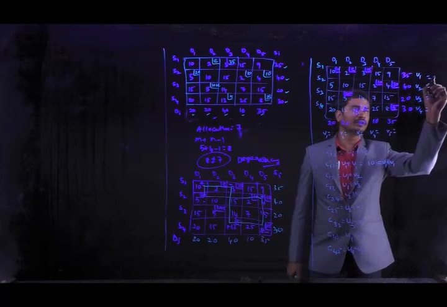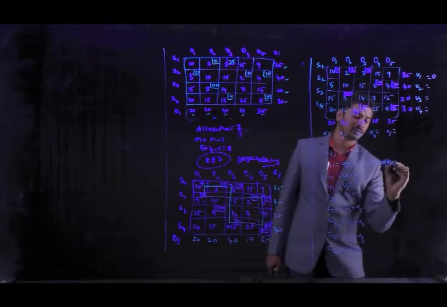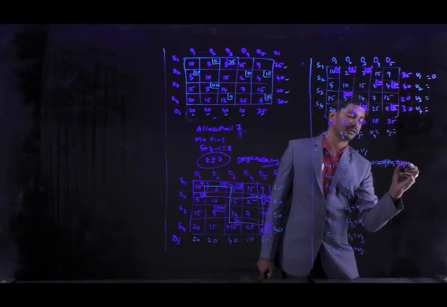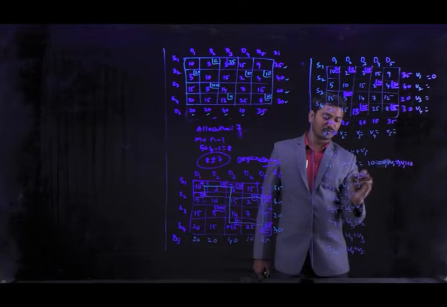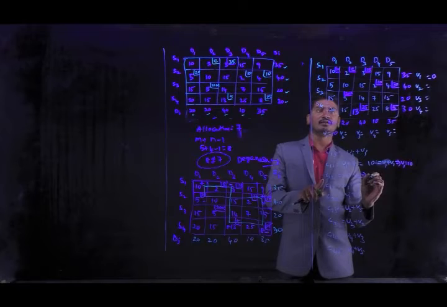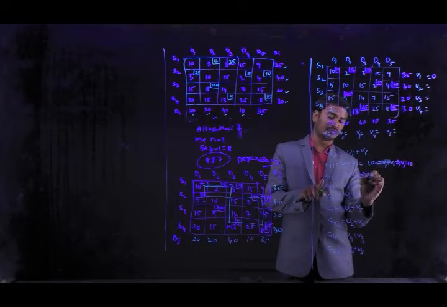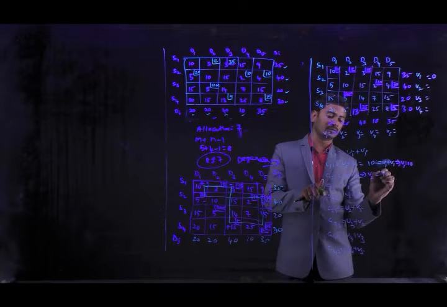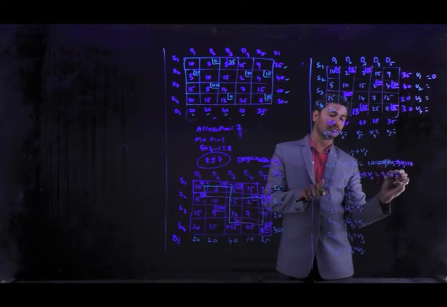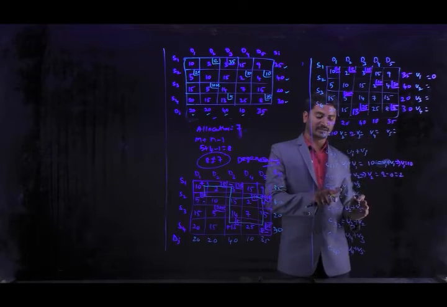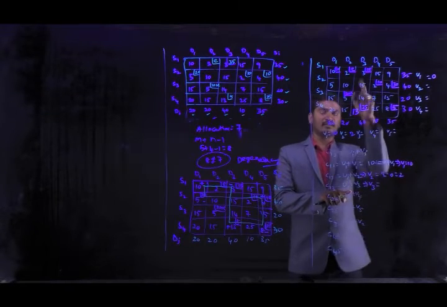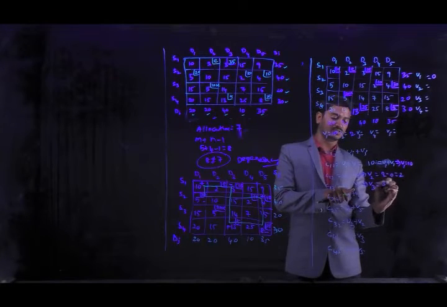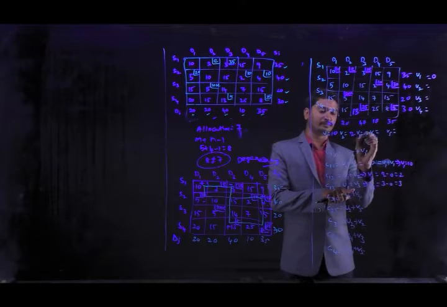Here I would like to assume shadow price U1 is equal to 0. From this, V1 equals 10 we get. Next, coming to the second one, here we know the U1 value. So C12 is 2. From this, we are going to obtain V2: 2 minus 0 is equal to 2. Next, here U1 is there. From this, we are going to get the V3 value. C13 is 3 minus 0 is equal to 3.